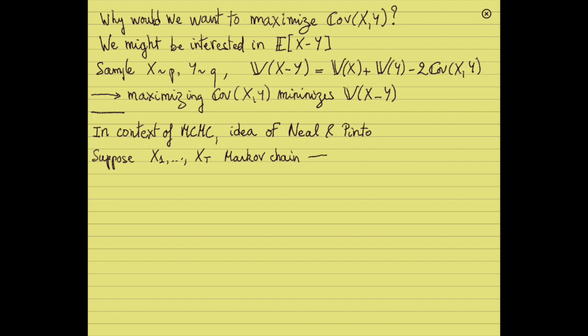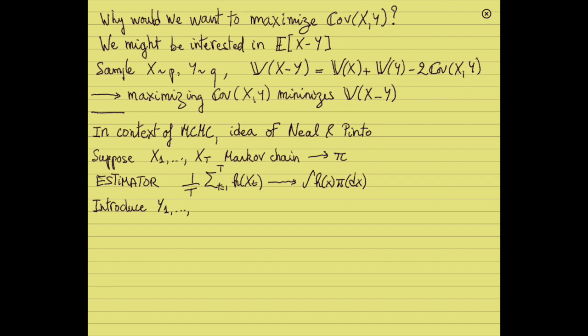So assume that we have a Markov chain X that converges to distribution pi. Assume that we want to come up with the estimator, the average of evaluations of a function h at x_t. That would converge, under regularity conditions, to the expectation of h with respect to pi, the limiting distribution of the chain. So the idea might be to introduce another chain,